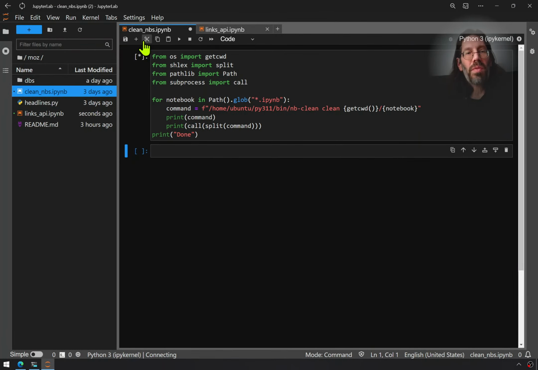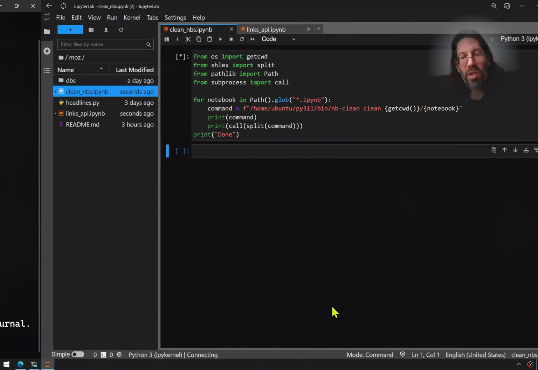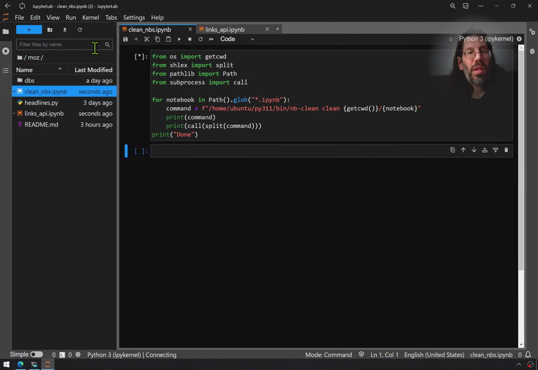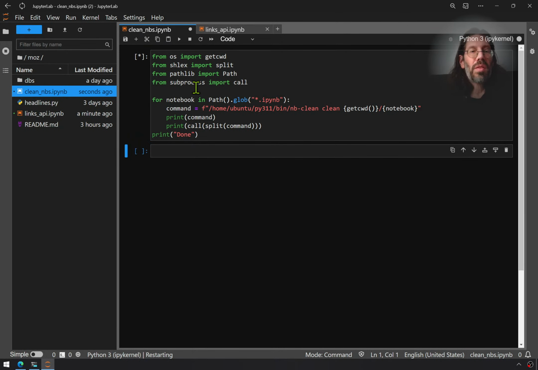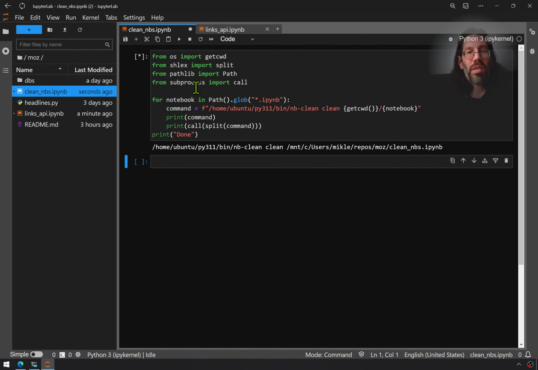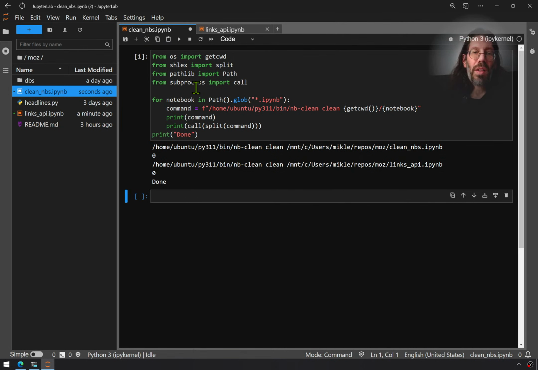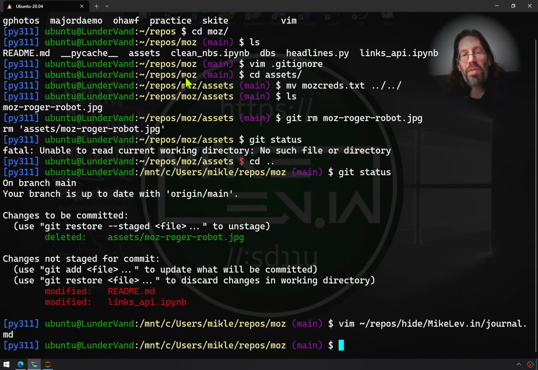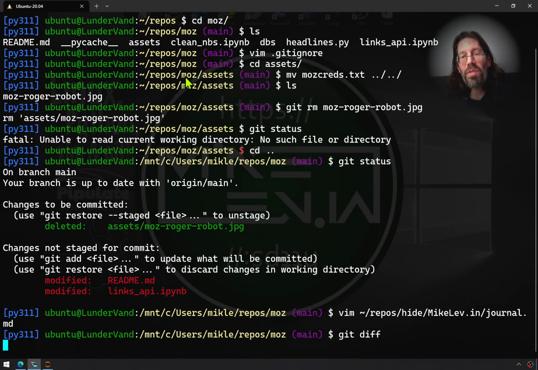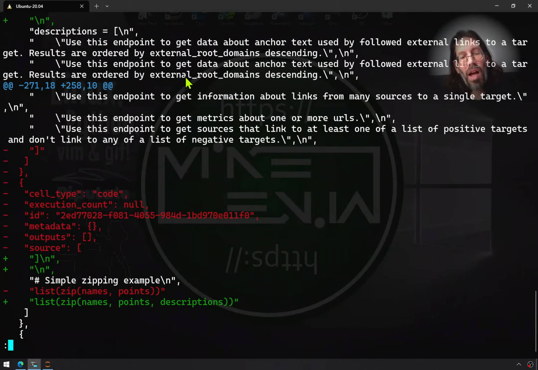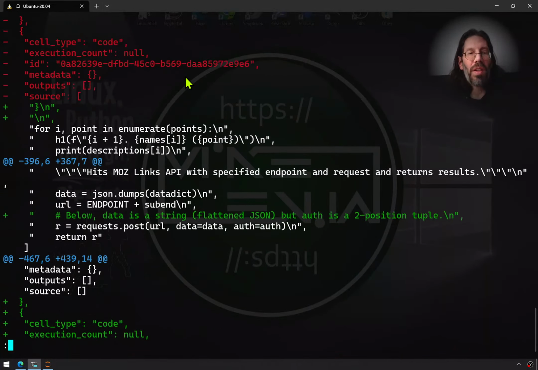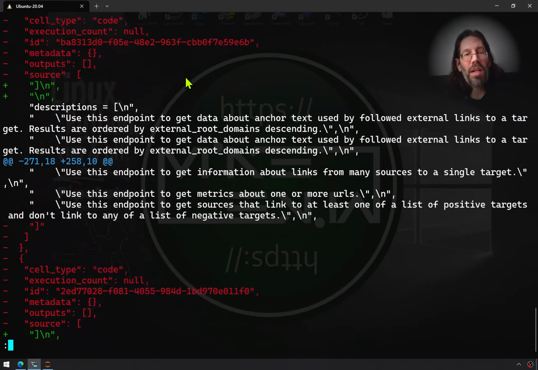I'm just thinking through. Yeah, this is just the last commit before a push, so it's worth doing if it's working. If in doubt, restart the kernel. There we go. That has cleaned my notebooks, and so now if I do a git diff, we'll see it's really not that much in red. You're looking to minimize the red. If you see a lot of red, then you know a lot of unnecessary metadata has gotten into your